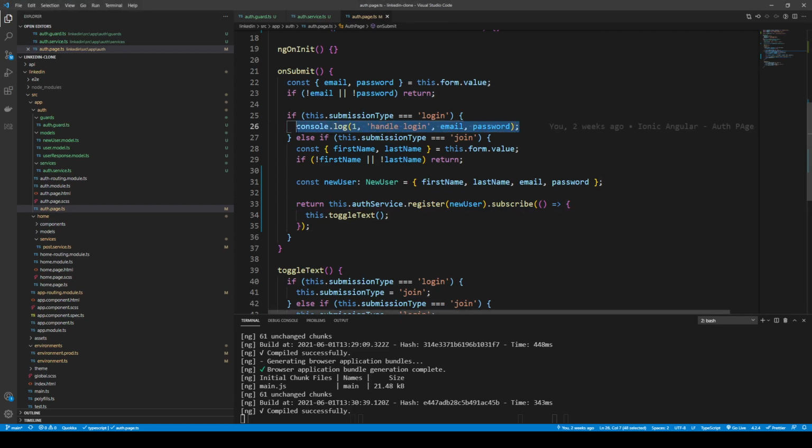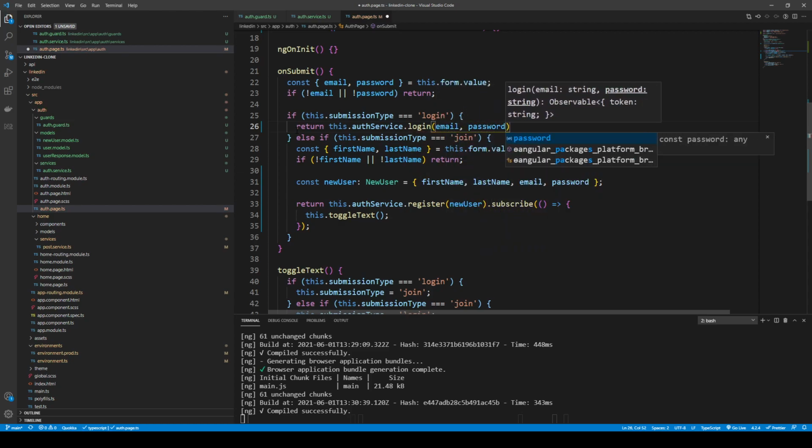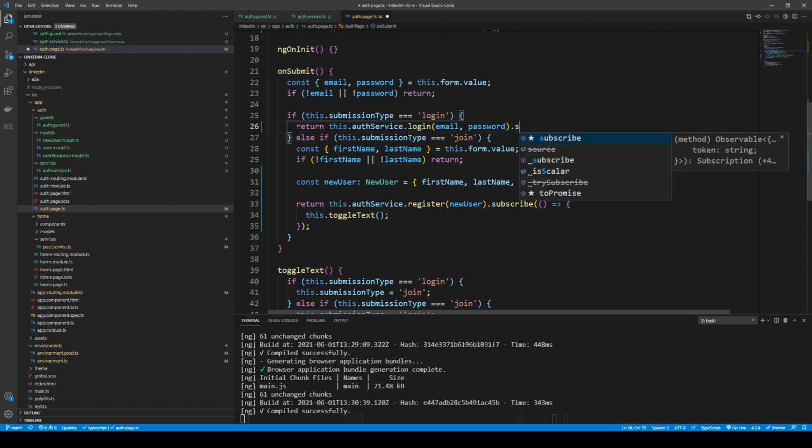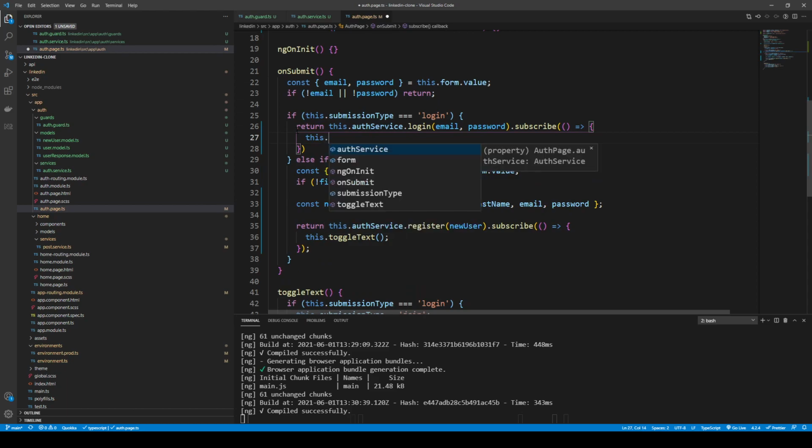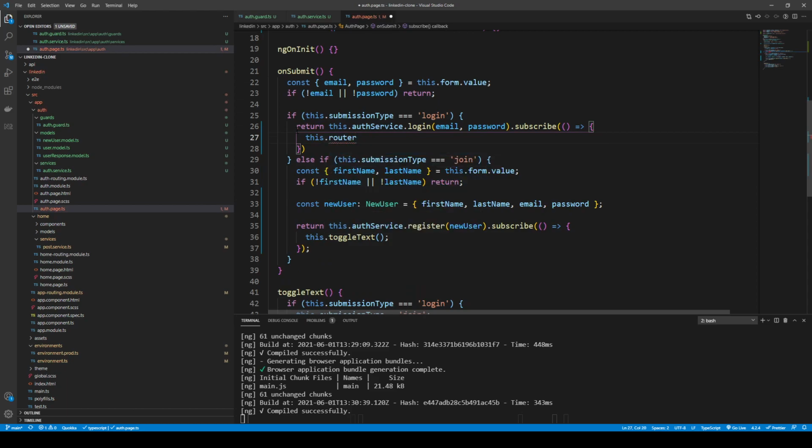So rather than this bit here, I'm going to have a return, and we already have the Auth Service injected from before, so I can simply go ahead and call this login method and type in the email and password and subscribe to that. Now I'm not doing anything in response to the response, but I am wanting to route to the